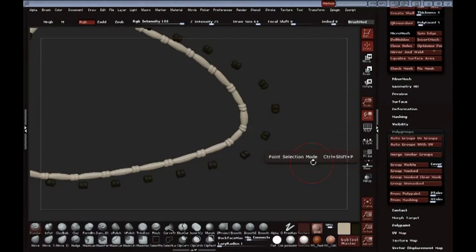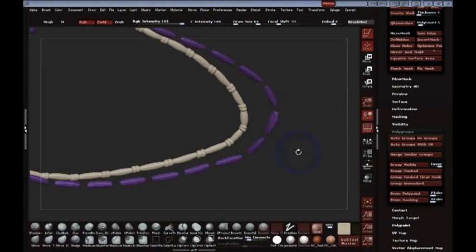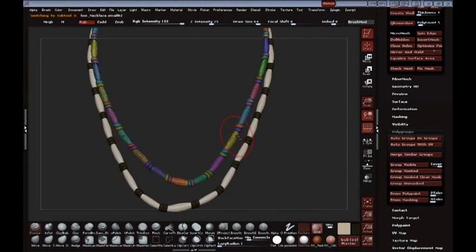So we'll do group visible. So you see those are back to normal, and then we'll do group visible to these. So we'll have two different polygroups. That way we don't have a polygroup for every single individual. And I'll alt click on that guy. Same thing here. Just go turn off symmetry